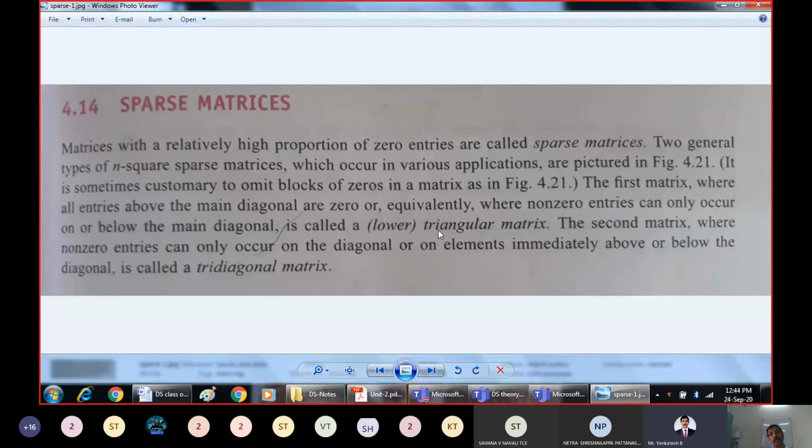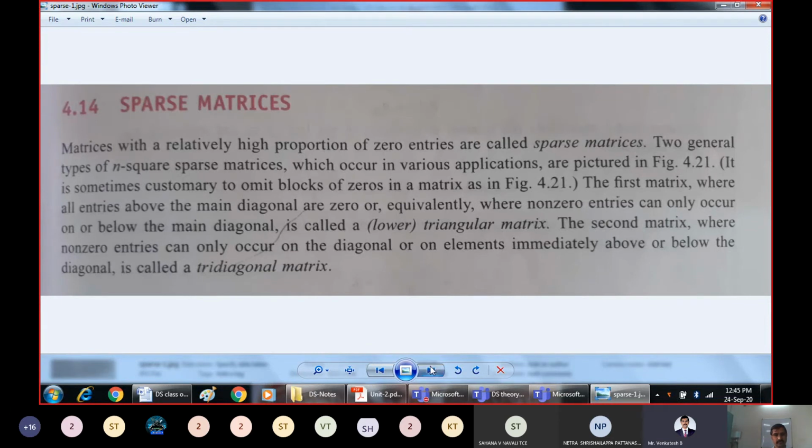This is called a triangular matrix, specifically a lower triangular matrix. This you must have studied in mathematics.